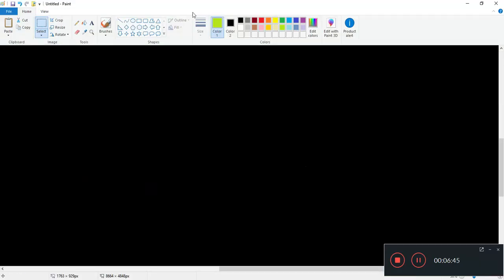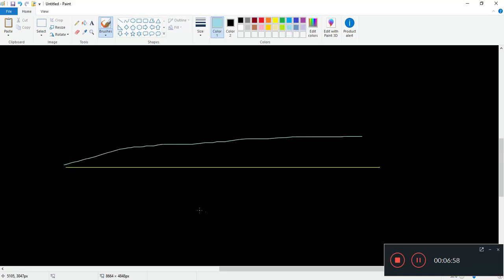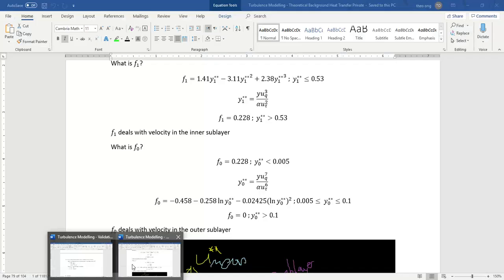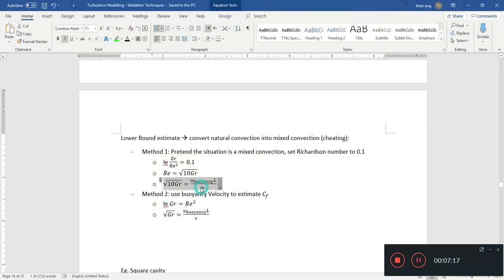Okay, so if you have a flat plate flow, you have your boundary layer forming, and then you have U infinity. We say this U infinity, we use U buoyancy here, and we try and estimate the skin friction coefficient. That's all we are doing with these methods. So this is a very, very conservative estimate because